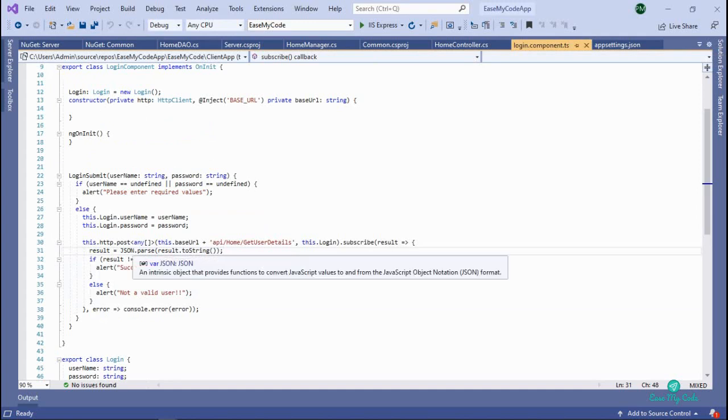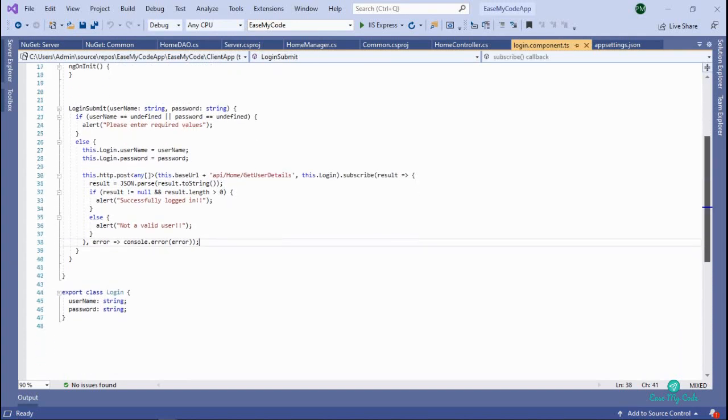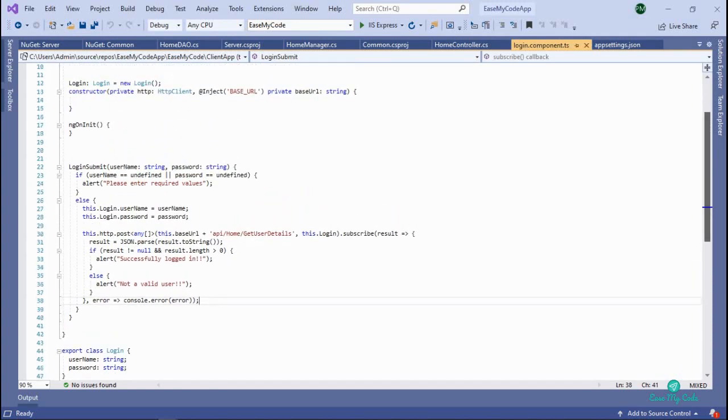Here we are passing the JSON string returned by the get user details of our controller class, storing it again into the result, and then checking the subsequent validation whether the result is null or not, and passing the alert message as successfully logged in or not a valid user. So this is the basic flow of how Angular and Core API, and how Core API and database interact.